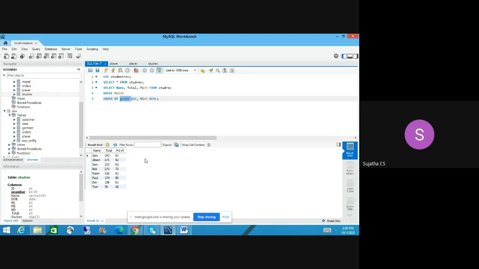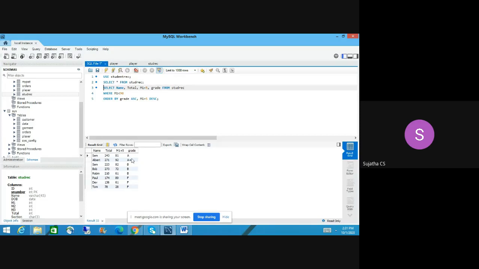We haven't displayed anything, so internally it will sort, but on the display we haven't seen anything, right? Here we only selected name and the total M1 plus 5. So by default it is ignored because we haven't asked to display the grade. Okay, let me include grade here from this.